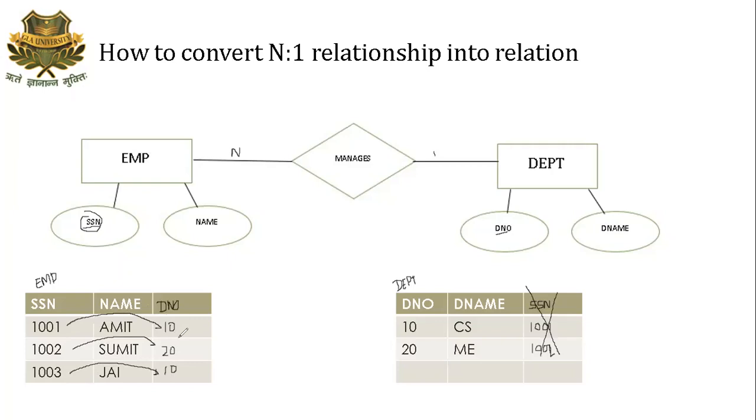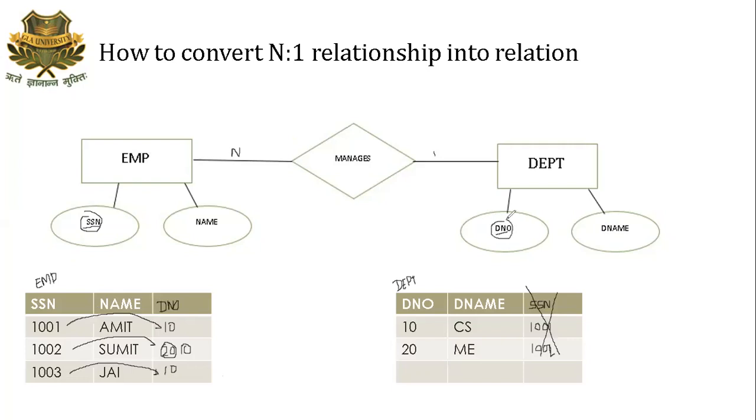Now the question arises in your mind, we can also write 10 over here in the place of this 20. Just write 10 over here. Again, our statement is true. What is our statement? Every employee has to work for at least one department, and a department can have many employees. So yes, department number 10 can have many employees, but not necessarily every department is having employees, right?